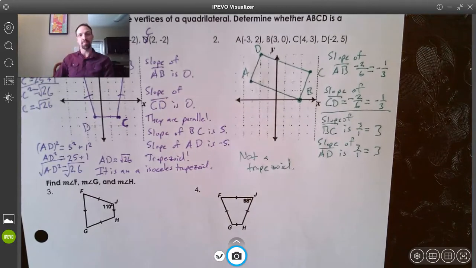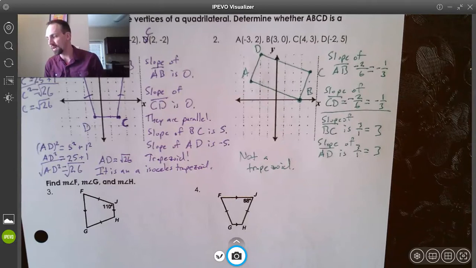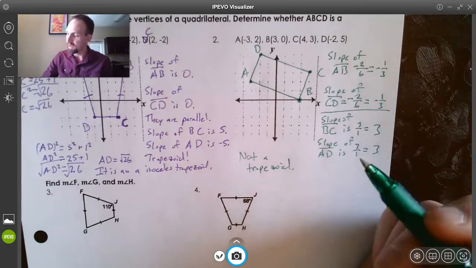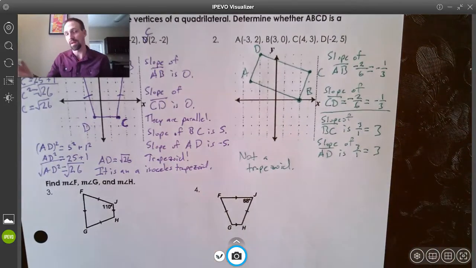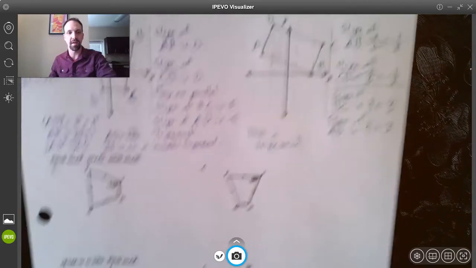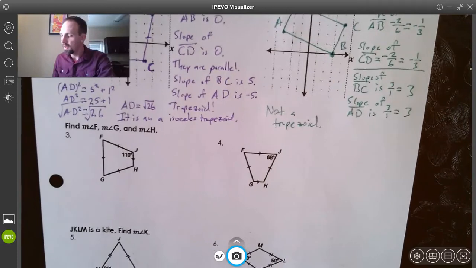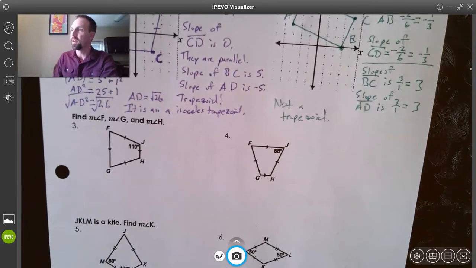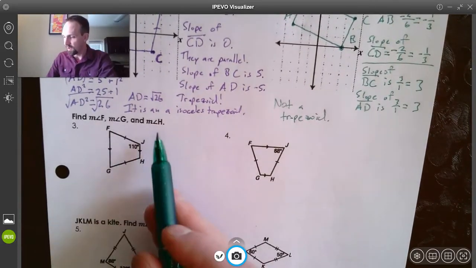So this is actually something else, another shape that has 2 pairs of same slopes. Now we haven't found out that they're congruent, so not knowing that they're congruent, it doesn't give us too much, but we do know that the opposite sides are in fact parallel, and so that would give me a parallelogram. Yep, we're good. So number 3, find the measure of angle F, measure of angle G, and measure of